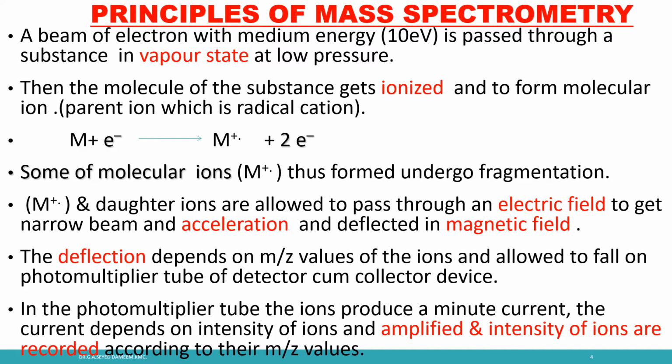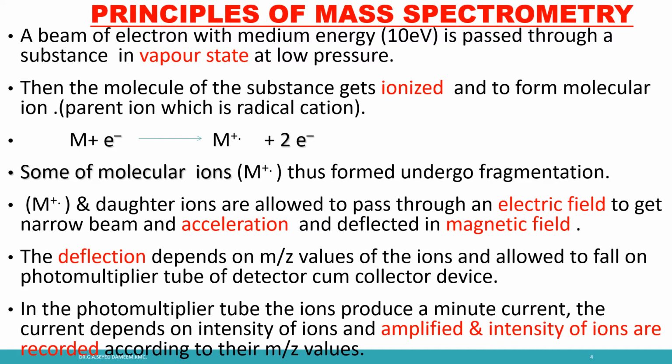That is a neutral molecule M. On ionization it gives M plus dot, that is, M plus an electron gives M plus dot plus 2 electrons. Here M plus dot is called the molecular ion, which has a unipositive charge and an odd electron. And here 2 electrons are ejected: one is the electron used for ionization, and another one is an electron removed from the molecule, that is, from a bonding pair or